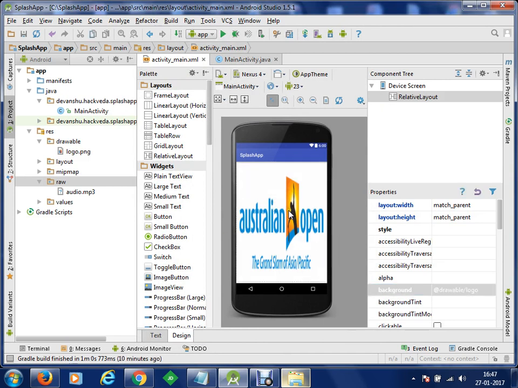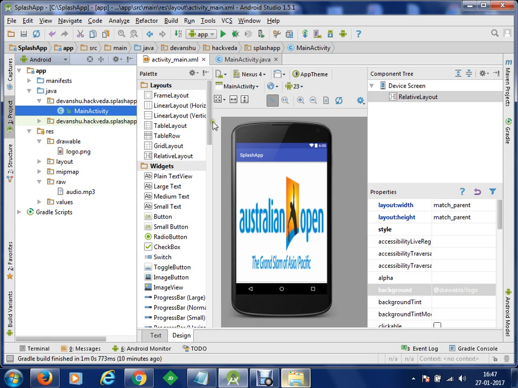Now, so you have got your image, we have got a music file, and now what we have to do is create the splash screen. Before proceeding to the code part, I would like to add one more thing, and this will be one more activity which is going to be my home activity. To this home activity we'll switch after the splash screen has completed. So what will happen as soon as you launch your application, you'll get this Australian Open logo, you'll get music running for some minutes, and as soon as your time interval completes, you will automatically switch from your main activity to the home activity.